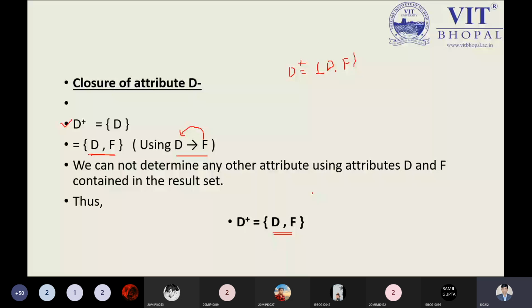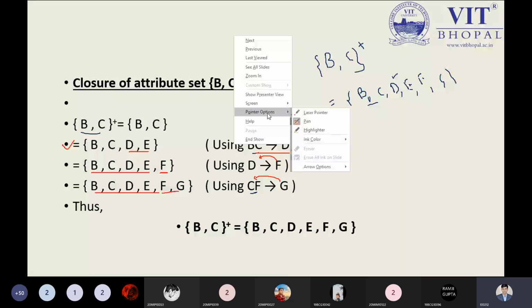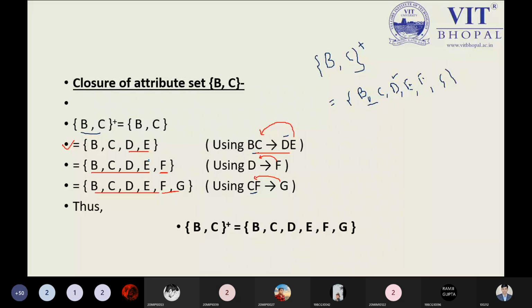So we have this example. I'm explaining this example in different colors, so you can easily understand. So B and C. Okay. So B comma C, we can write over here in the curly braces, and this is the closure we need to find. So you can easily say B and C are the default attributes that would be part of our closure. Now, what are the other attributes that depend on B and C? D and E are the attributes which depend on BC.